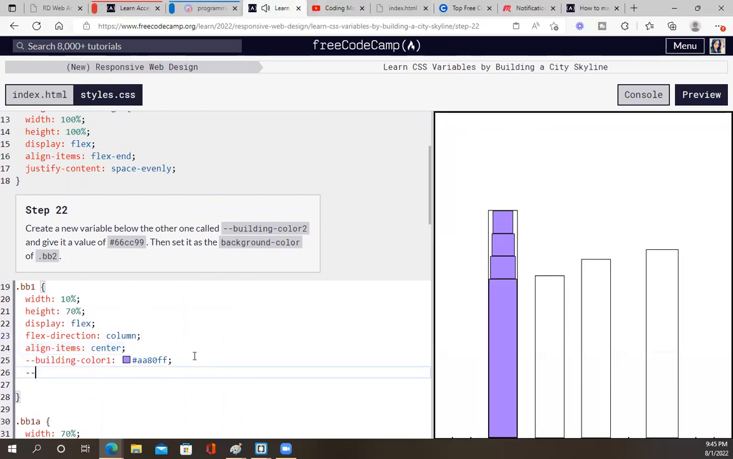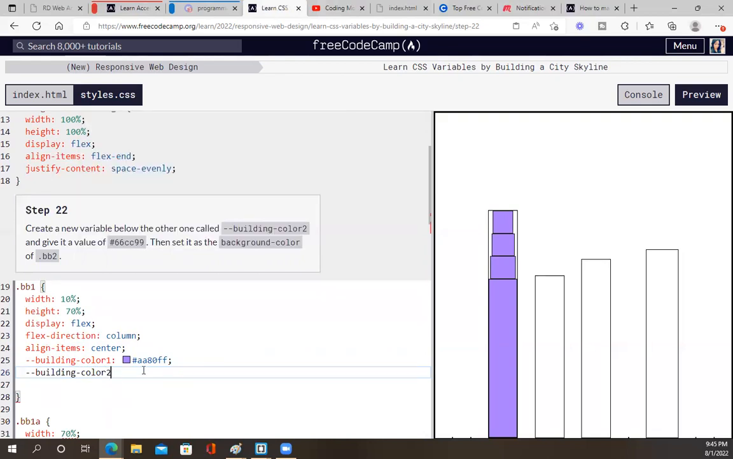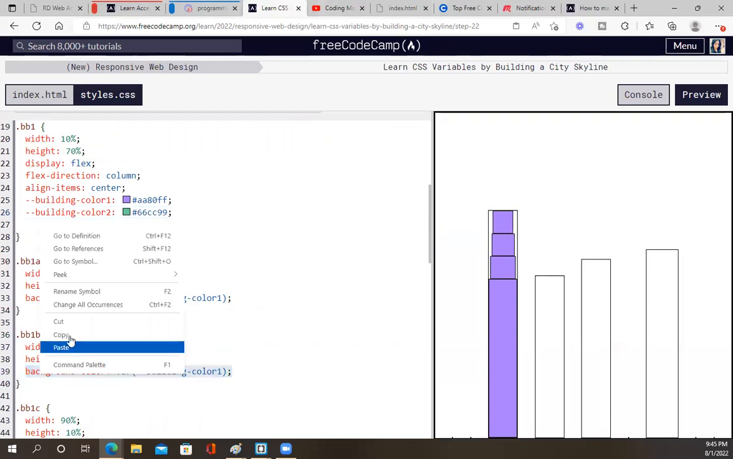Oh, you guys, it just clicked in my head. Building color 1 is right here. I need to be telling it what is the color. Woo, ciao. I finally get it now. I'm in control of this. Okay, so this is green. So now since I have building 1 and 2 their color, now I need to then set it as the background color of BB2. I get it. I get it. So we're just gonna do this,